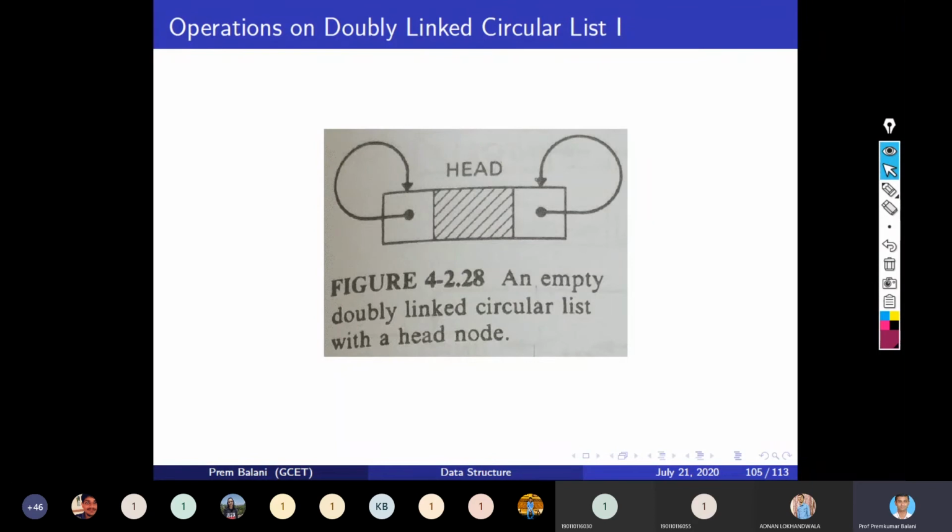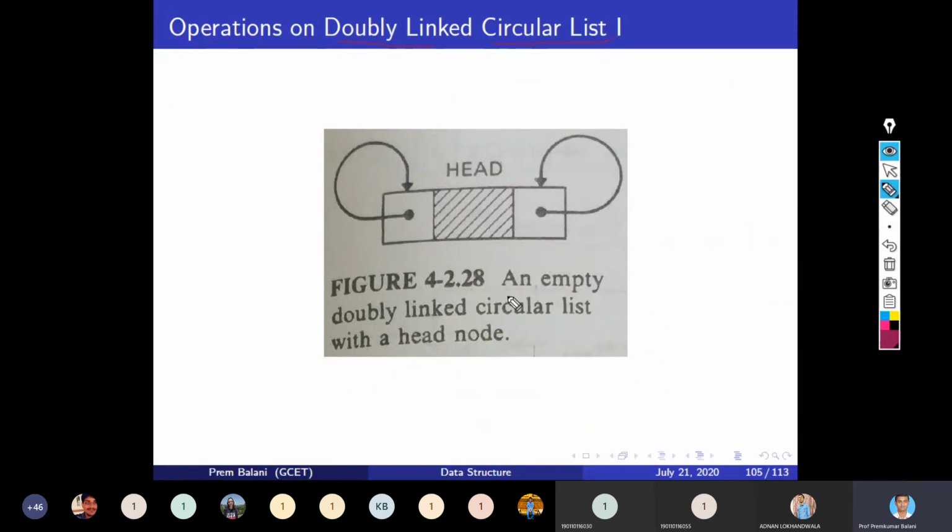Now, the next topic is doubly linked, but it is a circular list. In the previous topic we saw a doubly linked linear list, but now it is a circular list.